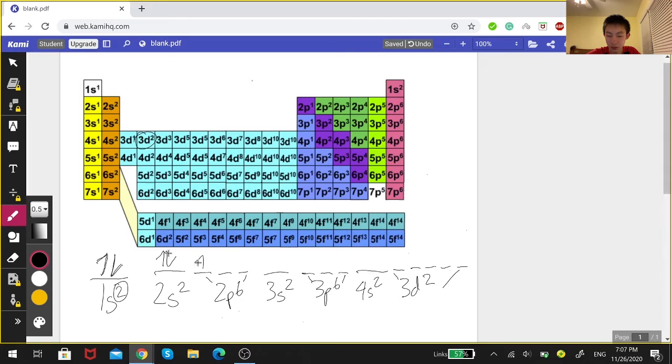2p6. 1, 2, 3, 4, 5, 6. Notice how I draw these. I draw them from left to right and then fill up the other missing one. 3s2, 1, 2. 3p6, 1, 2, 3, 4, 5, 6. 4s2, 1, 2. 3d2, 1, 2. This will be the orbital notation for, what are we doing? Titanium. Okay, so notice how this is half empty, but that's okay because this is how the